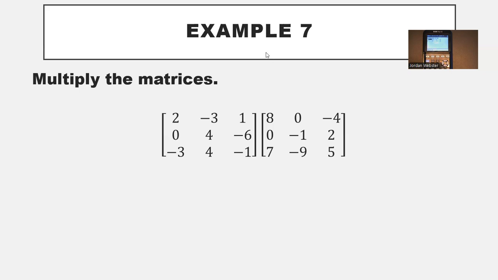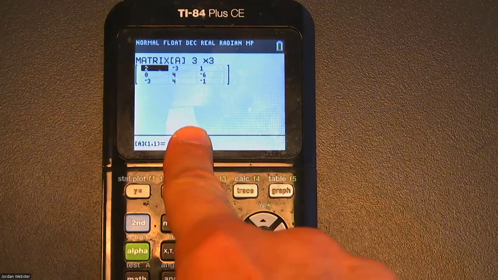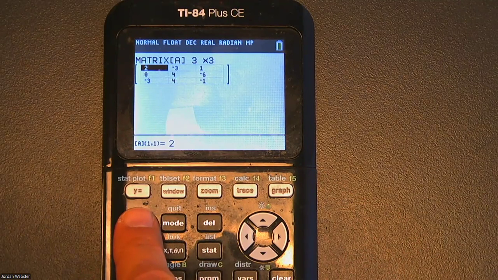Once you have that matrix all set up as matrix A in your calculator,